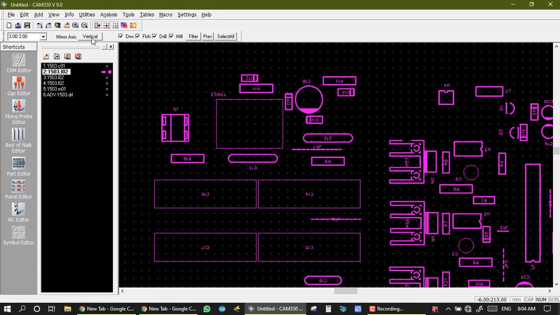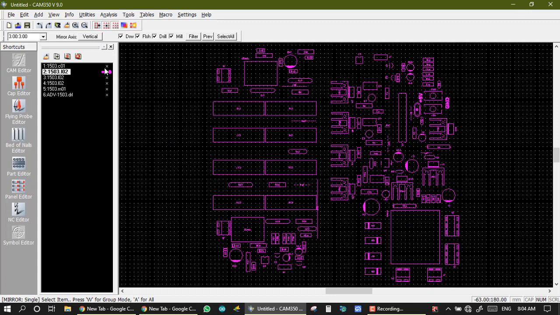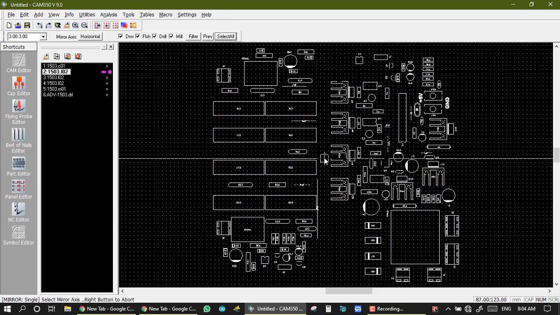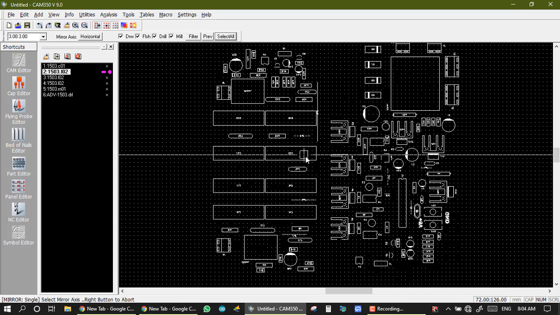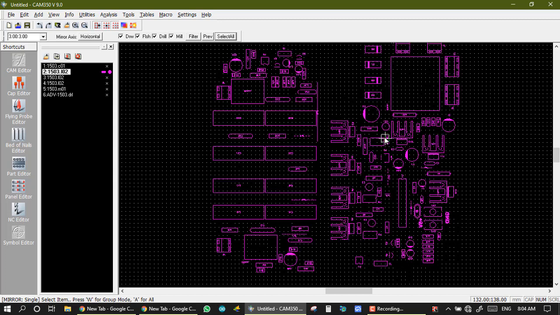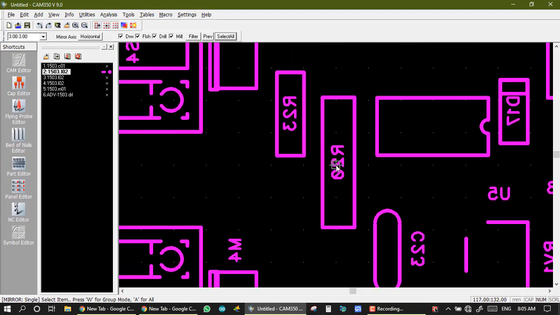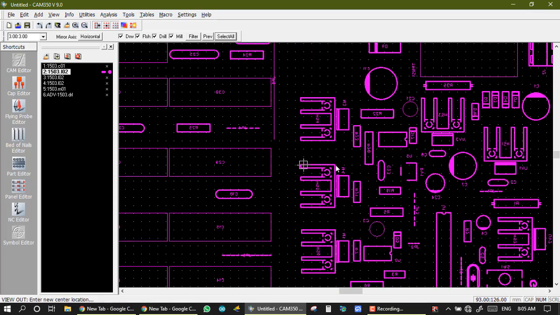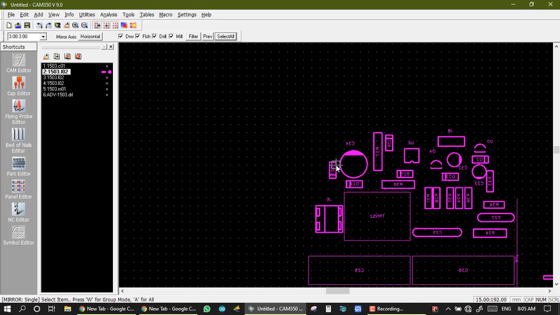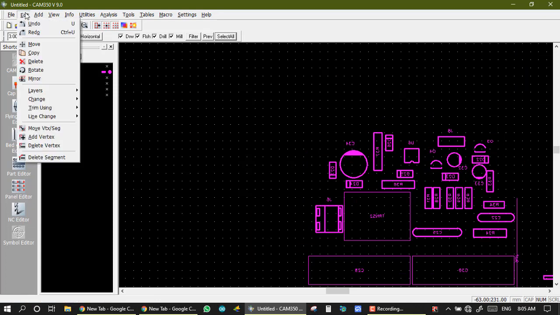Now we have the second option, horizontal. I click on horizontal, select all, and this is my horizontal. In this area it flips up to down and down to up. So this portion comes here, and all this comes to the downside. So we take a look. So this is my mirrored text, because I took a second mirror. So this is the use of mirror and how the mirror function works in this software.